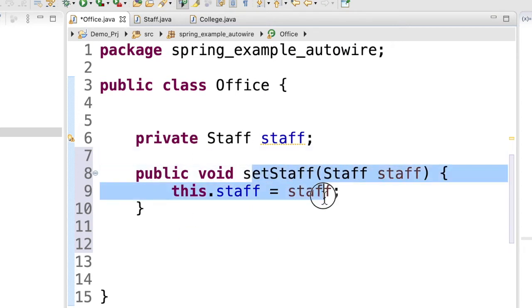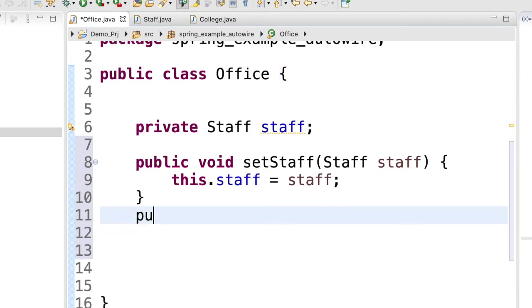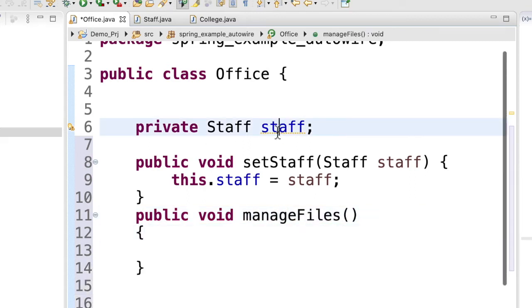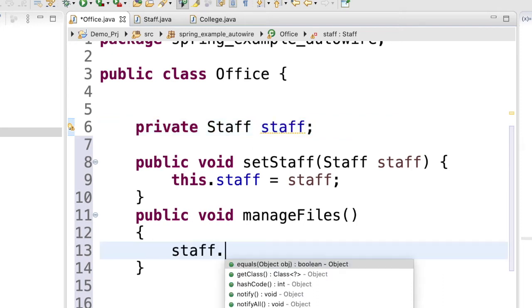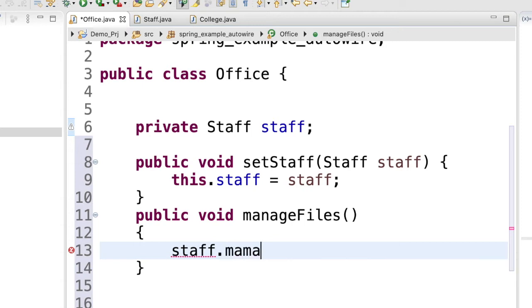Okay, so the setter is created here, and now I will create a method here. Suppose public void manageFiles. This reference I will use to call the method from the staff.java class. So I can have manage files here, or let me give some other name, manage files in staff, so that we know that this is the method from staff.